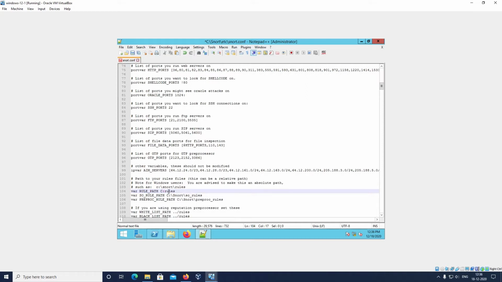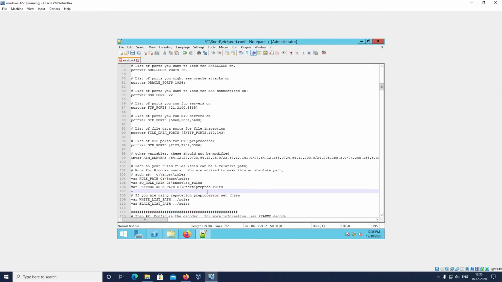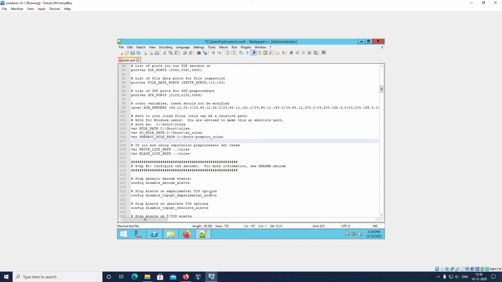Snort command. Okay, so I am going to give here capital Snort slash. So we have changed these three things. We have given the correct path of those rules, which we can see here. The three rules are in this directory, C:/Snort. We have changed that particular thing.